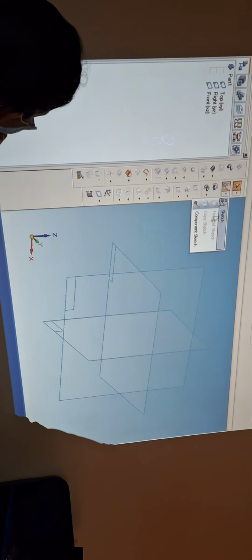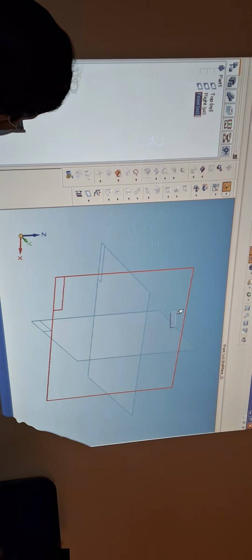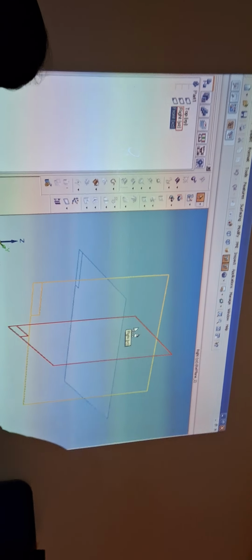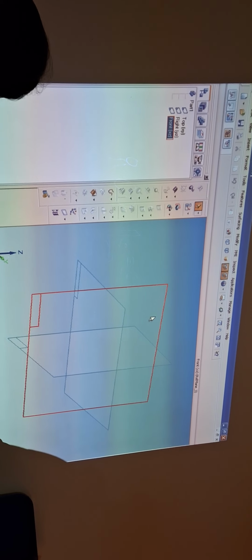Okay. So in which plane can you do it? As it is the first part, we do it as it is on the front view. Here there are three planes. If you just go here, you get this is the front plane. You can view here, and this is the right plane, this is the top plane. You can select the right plane or the front plane.